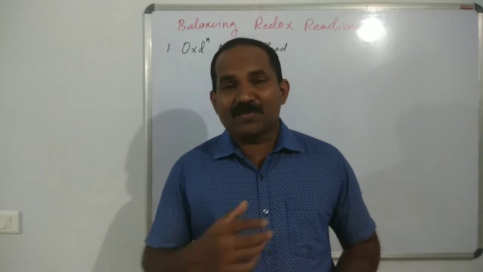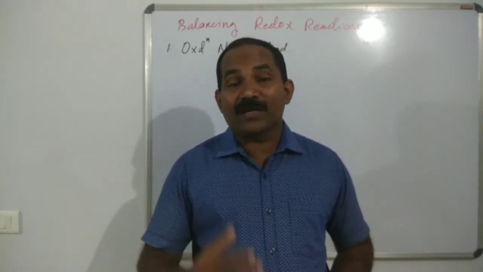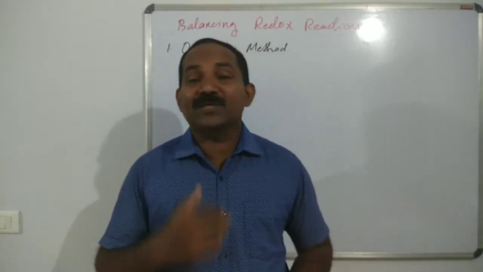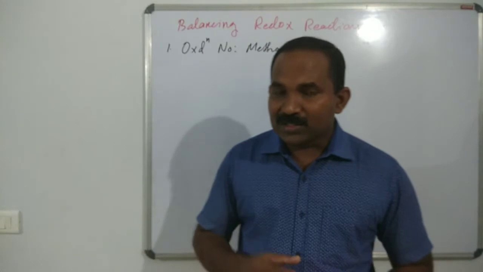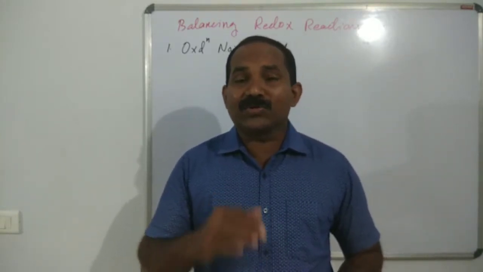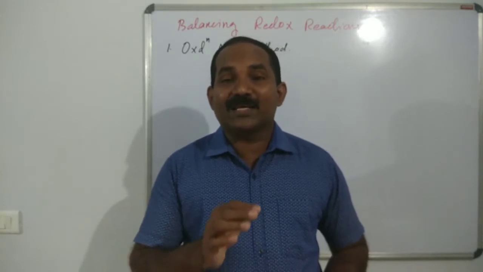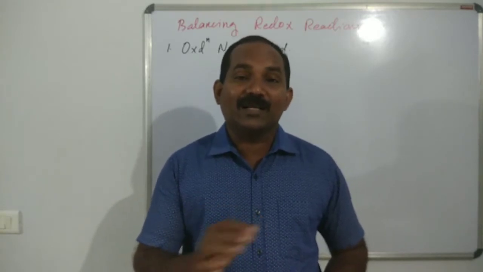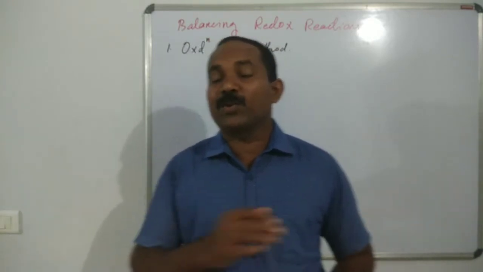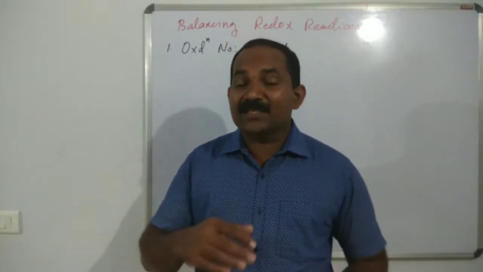For the oxidation number method, these are the various steps involved in the balancing process. The first step is to write the skeletal equation for all the reactants and products in the reaction. Okay, first of all we write the skeletal equation. And the second step is,